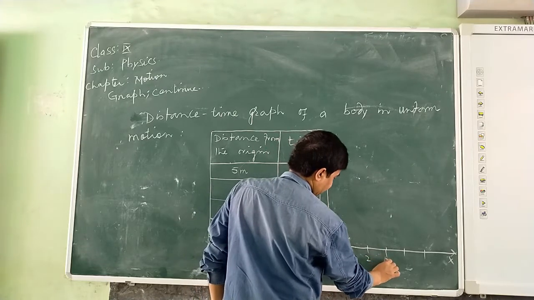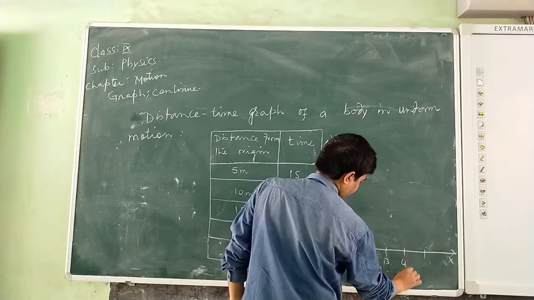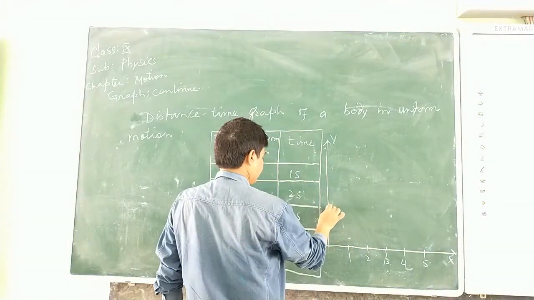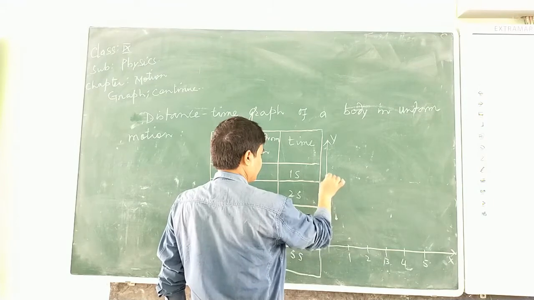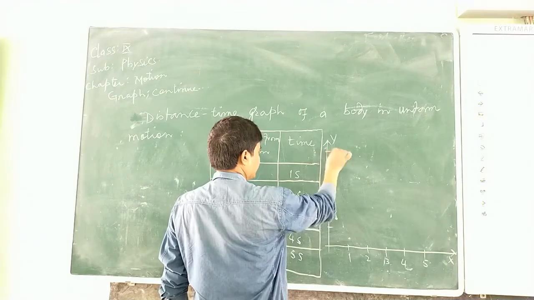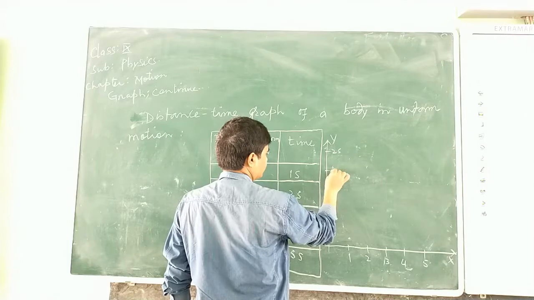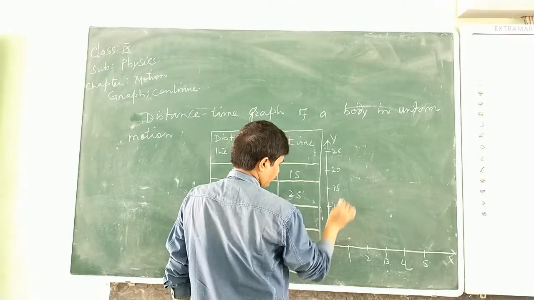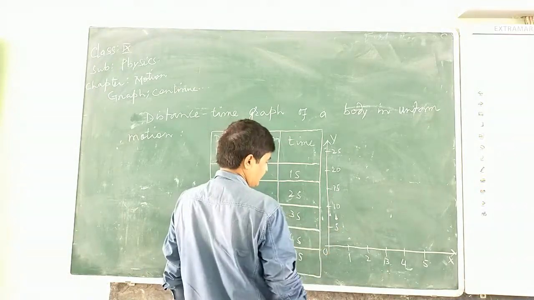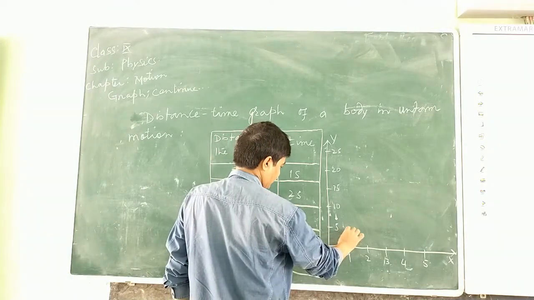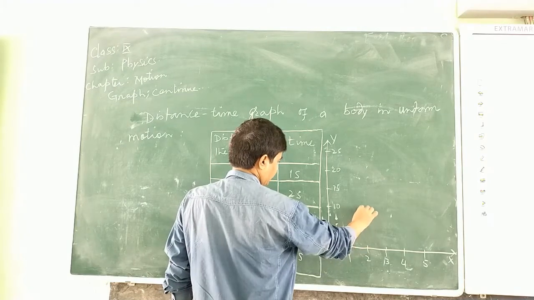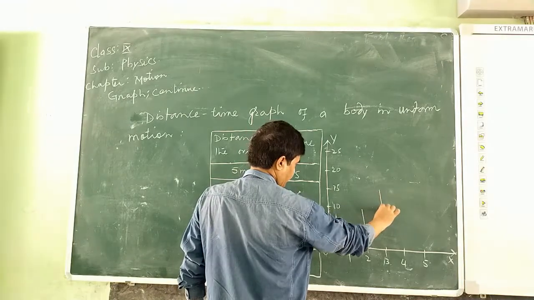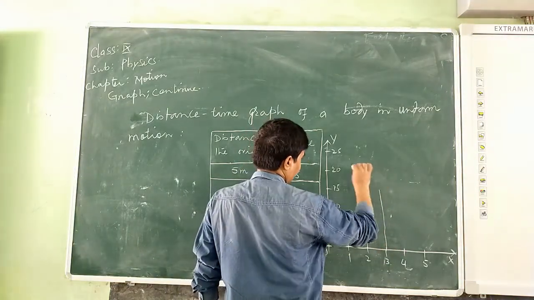Here the points are taken on the basis of estimation, and equal distances 5 meter, 10 meter, 15 meter, 20 meter and 25 meter. Zero. First, in 1 second 5 meter, in 2 seconds 10 meter, in 3 seconds 15 meter, in 4 seconds 20 meter,